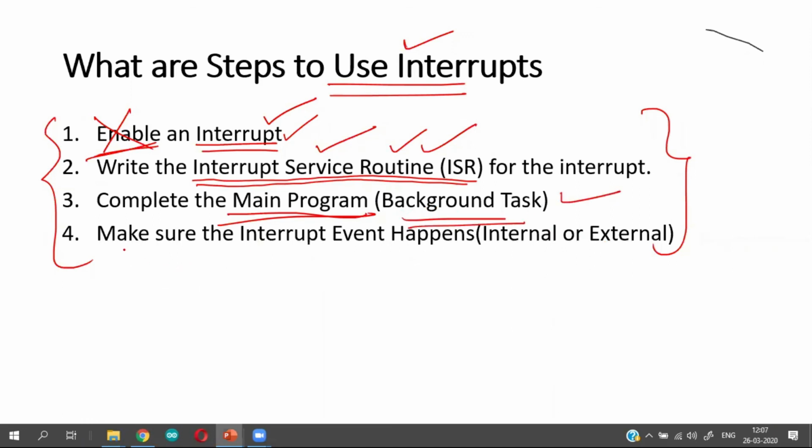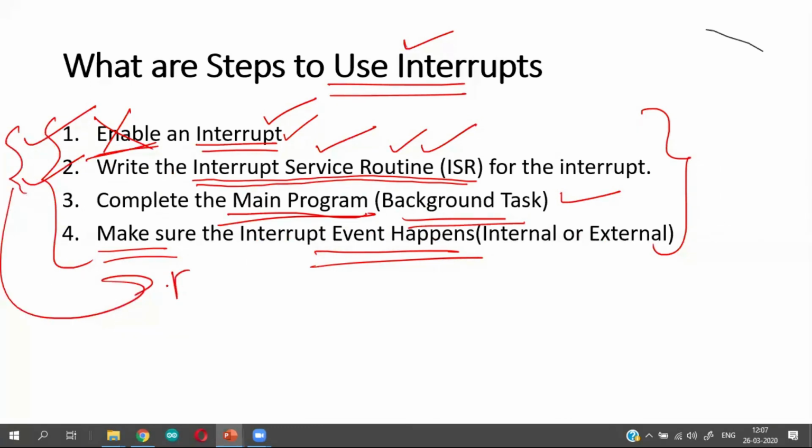And finally, make sure the interrupt happens. Enabling an interrupt and writing an interrupt service routine doesn't mean that the interrupt will happen. Interrupt will happen only when an event happens.